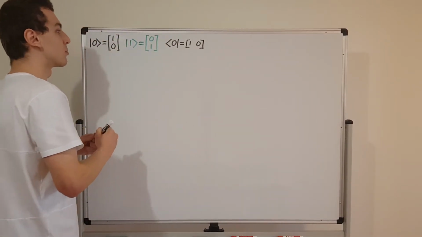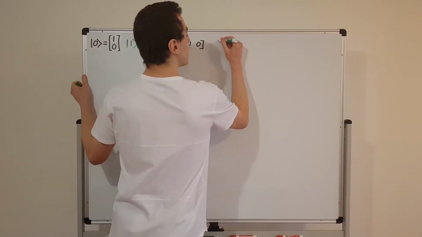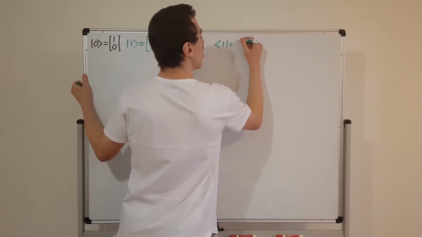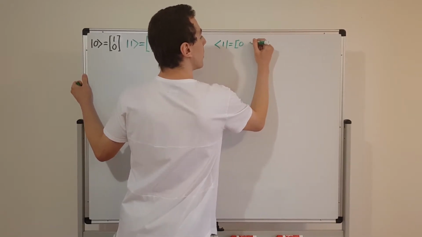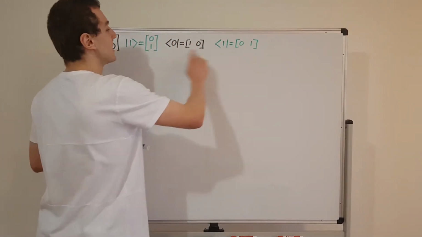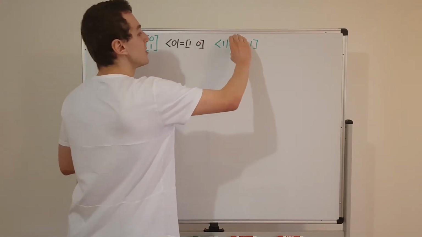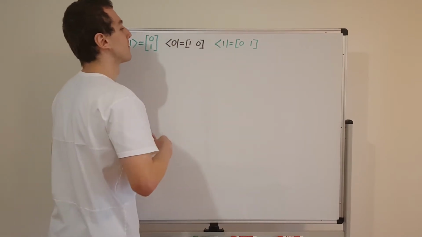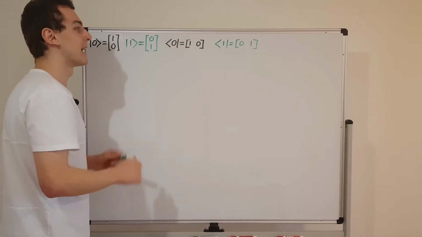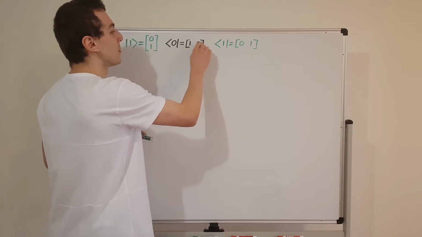Now let's do the bra version of 1. So the bra version of this guy over here. That's going to be the bra labeled by 1, and that's equal to the row vector 0, 1. So you can see that this is just the transpose of this vector. We have column vectors that represent these kets and row vectors that represent these bras. And when you're writing down these vectors, you can use different bracket styles as well. And sometimes people like to put commas over here to distinguish these guys,